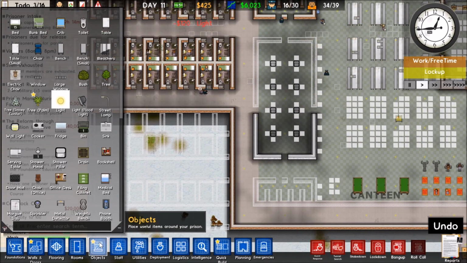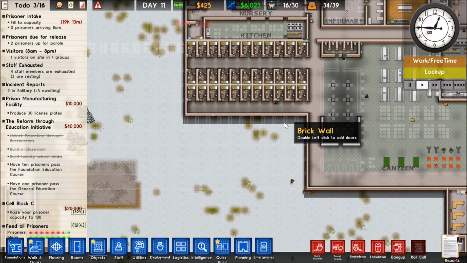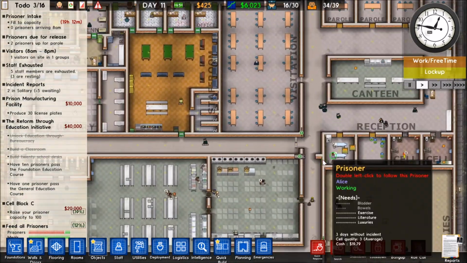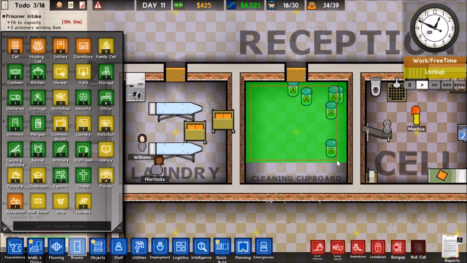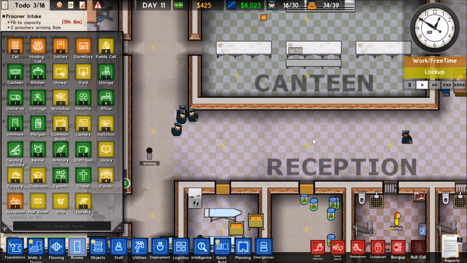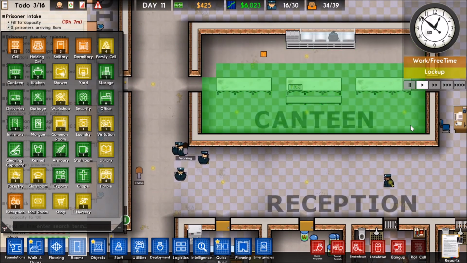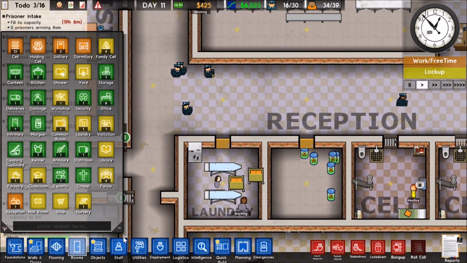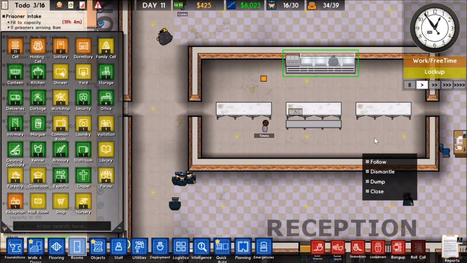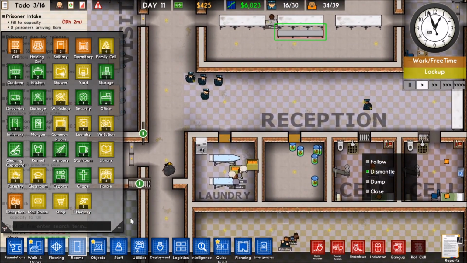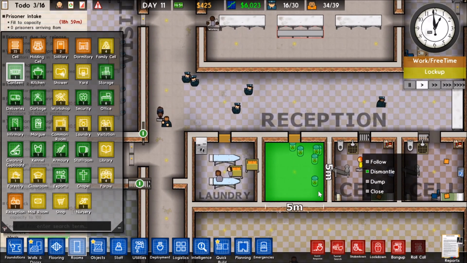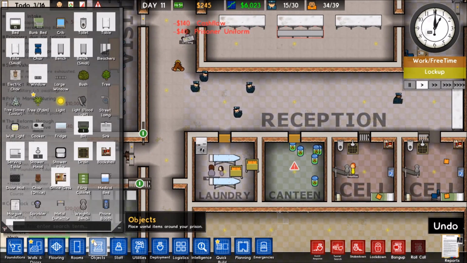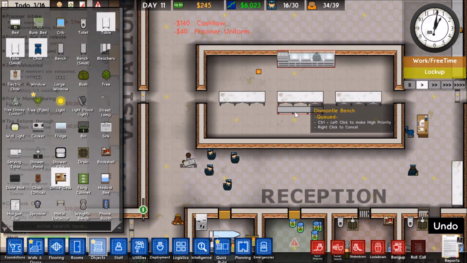Alright. Did want to put lights in there. You know what? For right now, we're just going to make an executive decision. We're not going to have a cleaning cupboard. We're going to get rid of the cleaning cupboard there. We're going to get rid of this as a canteen here. Instead, what we're going to have, go ahead and disassemble this stuff. Dismantle this. Dismantle this. We're going to go ahead and make this room into a canteen here. So that's going to be a canteen. As soon as this bench has been removed,